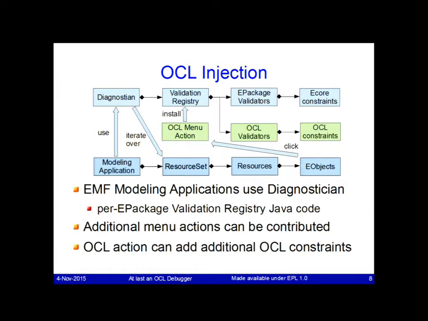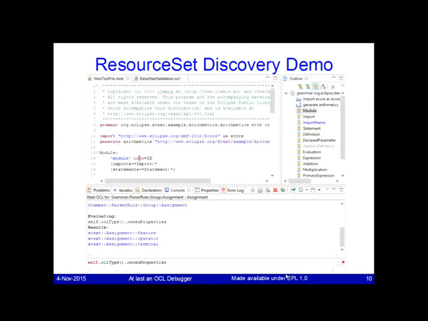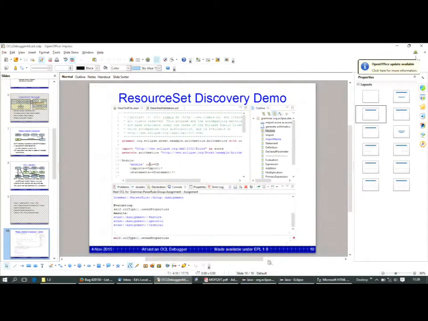And what we can do to this is, with the aid of a menu action, we can install extra things into the validation registry that will have OCL facilities, so that now when you validate, you will get some OCL validation in addition to the traditional EMF validation. So if I take a shot at my first mini demo,